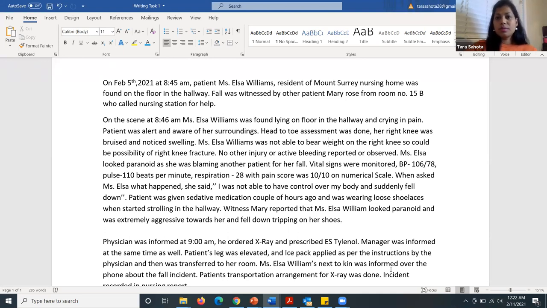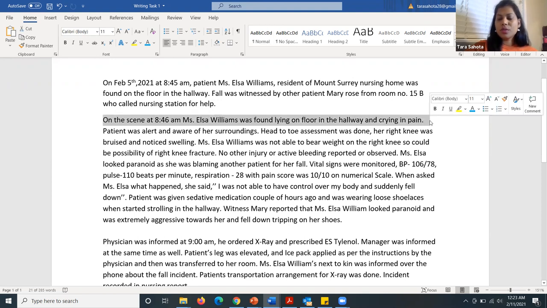So for this, we can just say it like on February 5th, 2021, 8 a.m., Patient Miss Elsa, resident of Mount Surrey. So the name of the hospital is there. Found on the floor on the highway is mentioned. Fall was witnessed by whom is mentioned over here. On the scene, at this time, in what condition the patient was found,